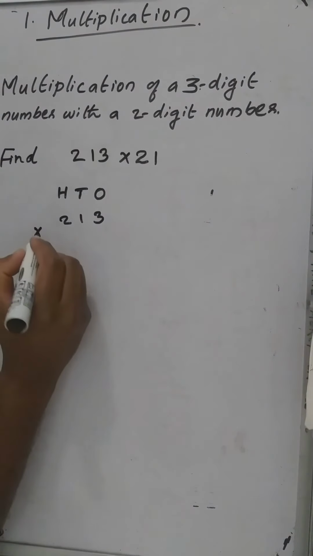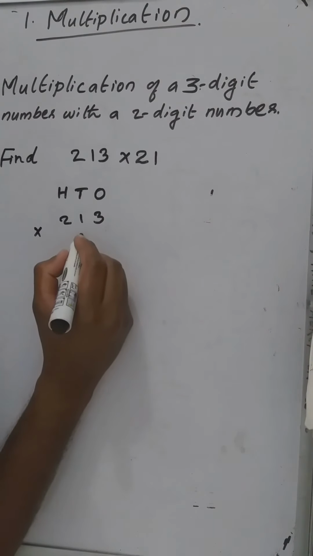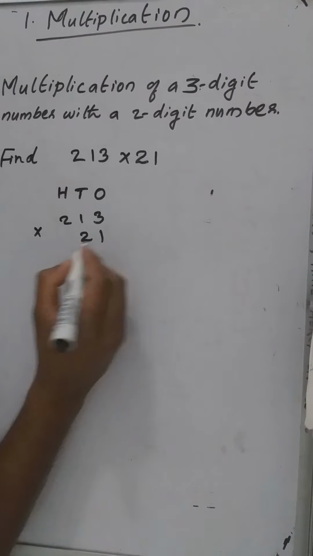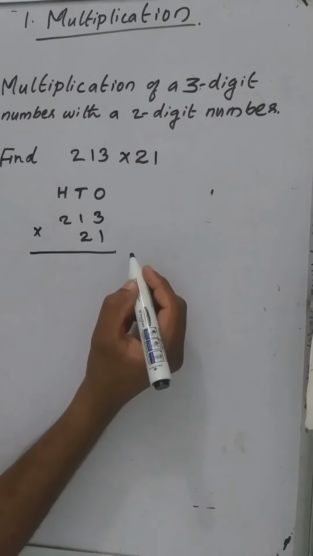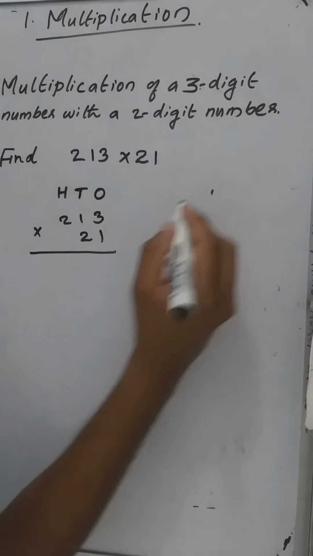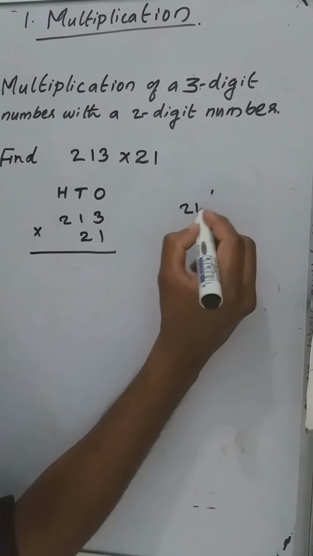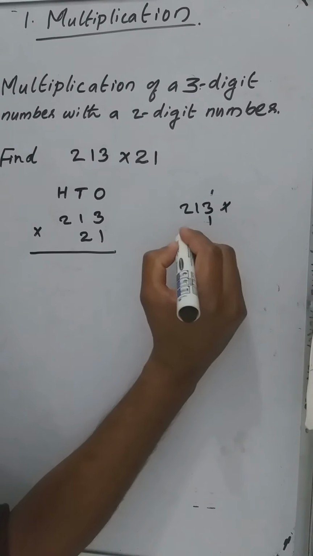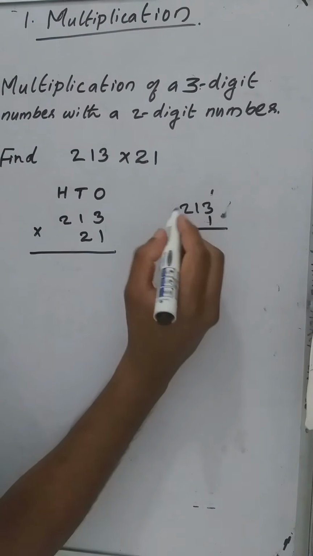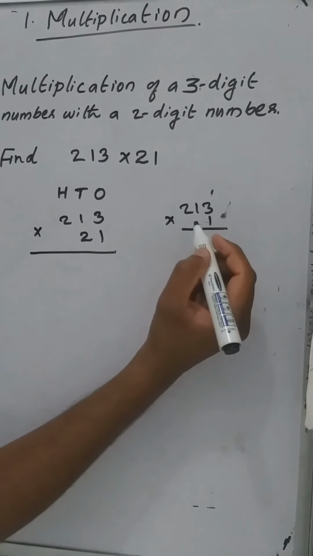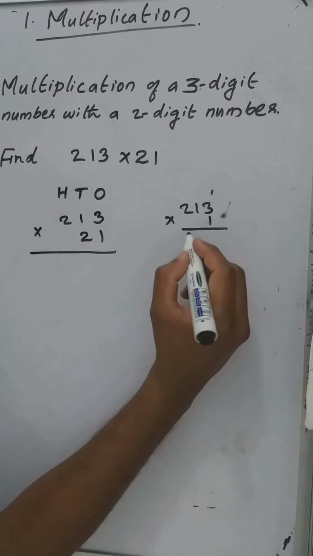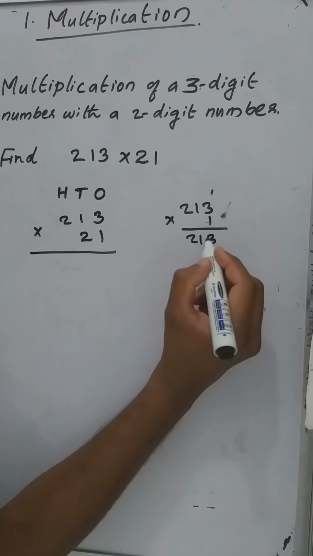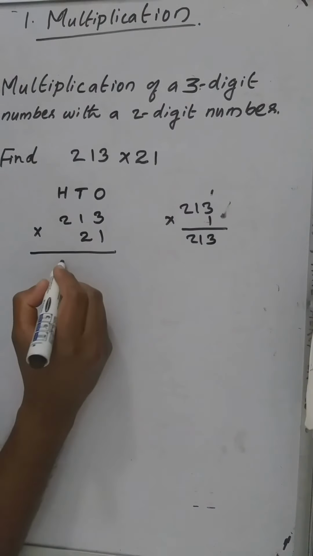213 multiplied by 21. Now at first we have to multiply 213 by 1. What is the answer we are getting here? Any number multiplying by 1, we get the same number. So 213 by 1 is equal to 213 itself. So we can write here